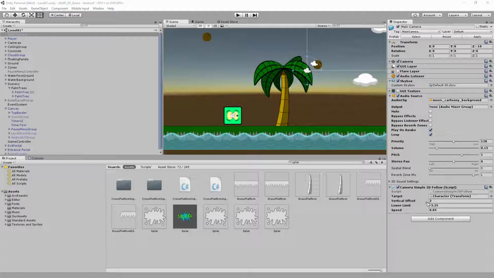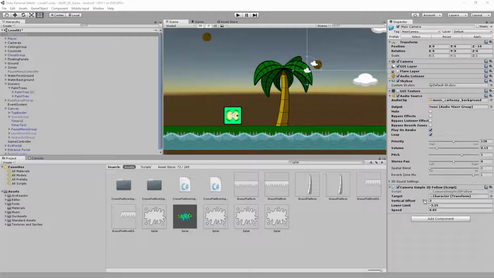Now what I have here in the inspector is the target, which is the actual character in the scene. This is going to automatically be assigned to whatever currently has the player tag in the scene. It's just going to find the first object that has the player tag and assign it to target. If that doesn't work for your project, just go into the script and disable that, or you can change what tag you want, or you can just have it assigned here if you take out that one line